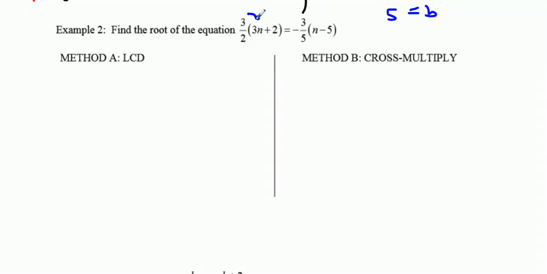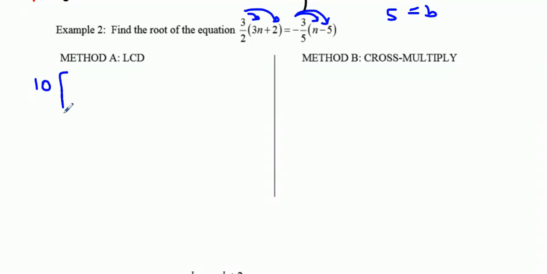You could just take 3 halves times 3n, 3 halves times 2, minus 3 halves times n, minus 3 fifths times n, and minus 3 fifths times minus 5. And then just add and subtract appropriately to isolate your variable. You can do that. The other method then, the lowest common denominator: if I look at these two denominators, the lowest common denominator of 2 and 5 is 10. So I'm going to multiply both sides through by 10. But the first thing I'm going to do,